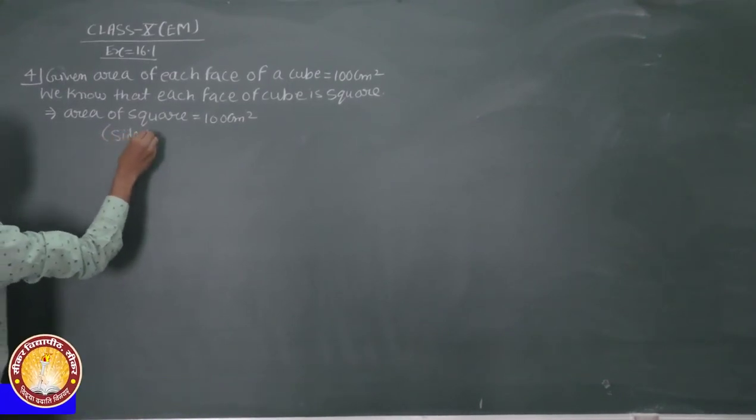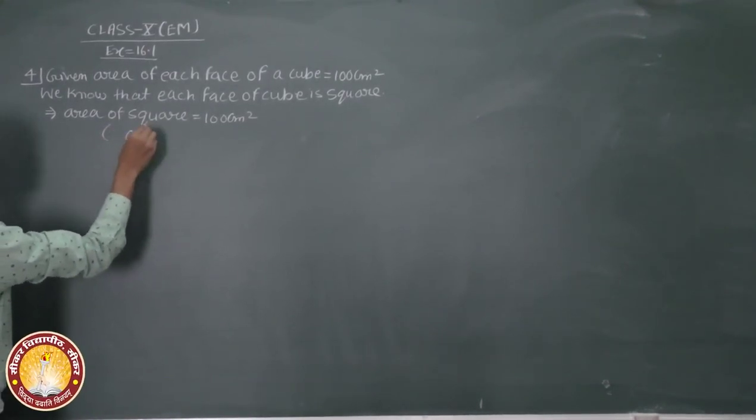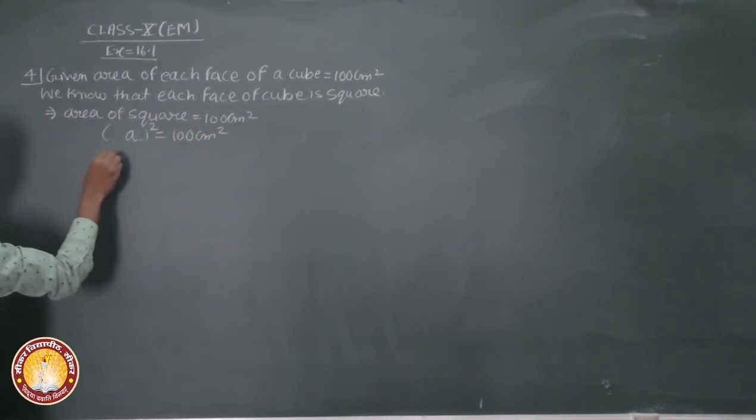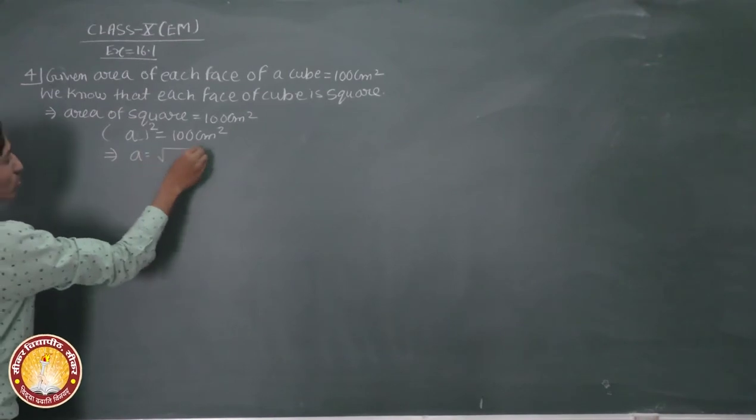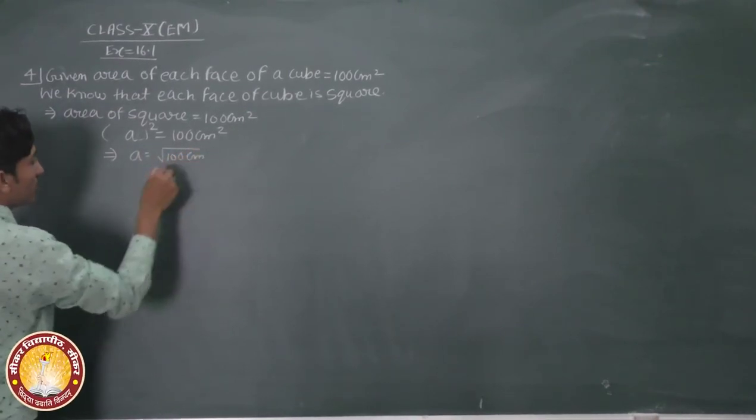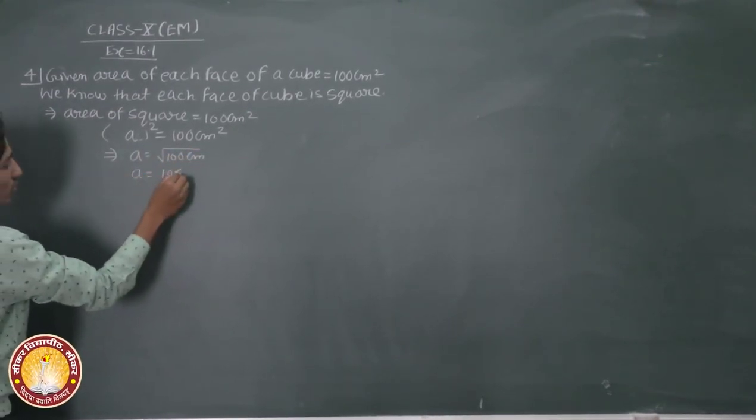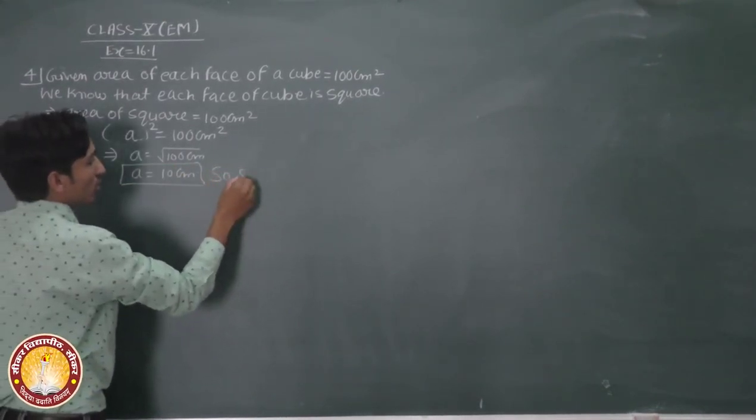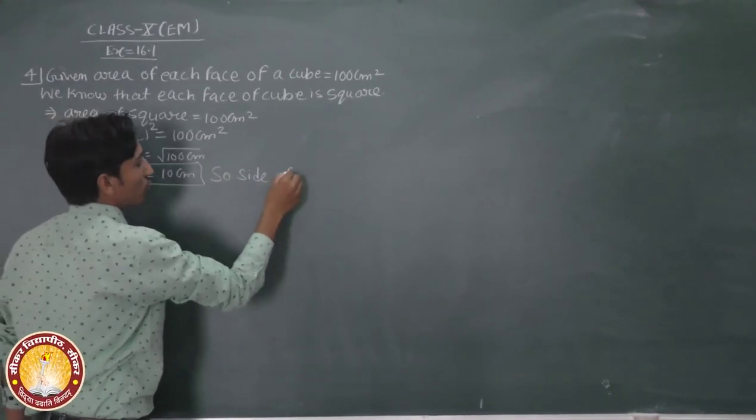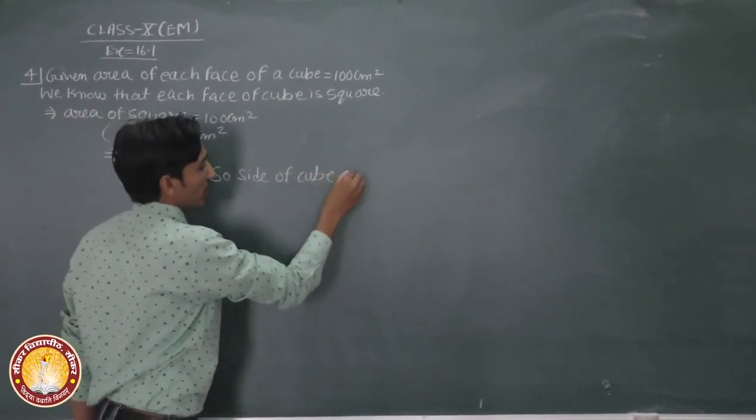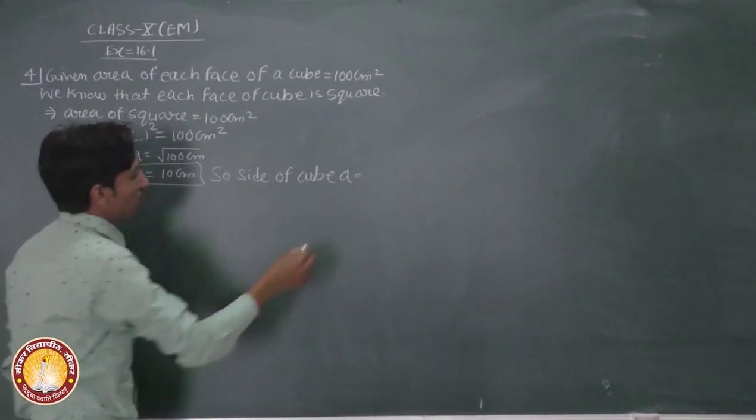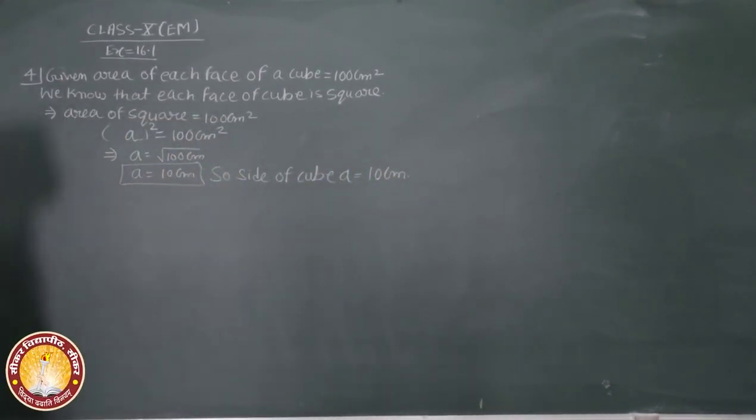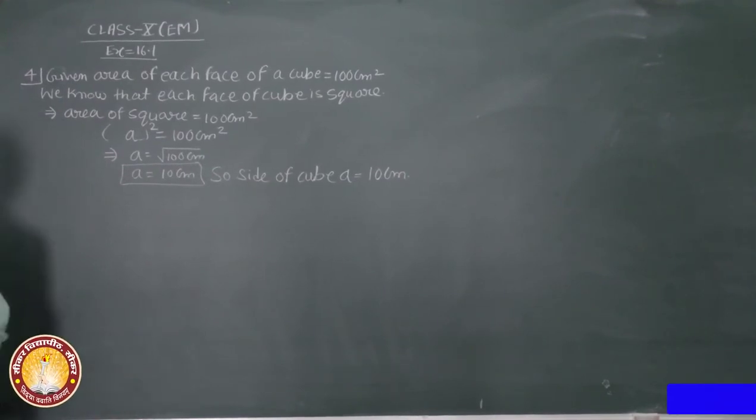Area of square, a square, is equal to 100 centimeter square, which implies a is equal to root 100 centimeter. Then a is equal to 10 centimeter. So the side of the cube, a, is equal to 10 centimeter. Now,